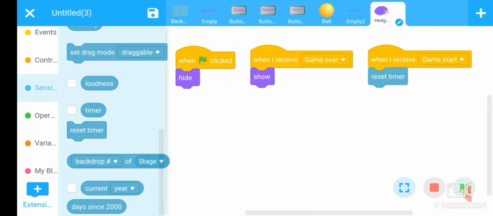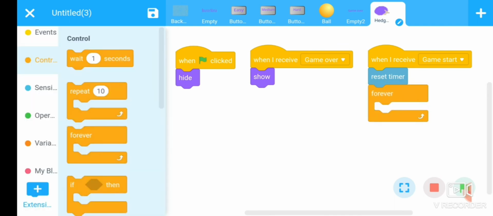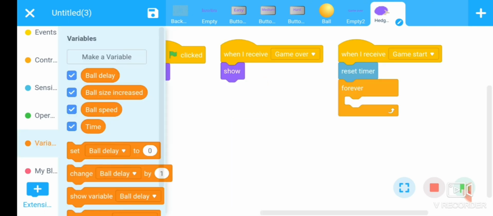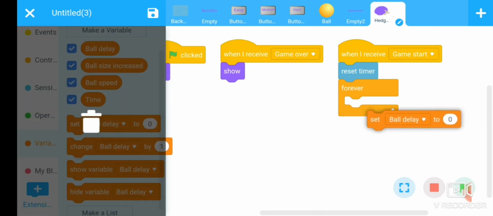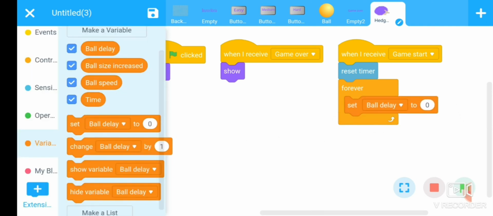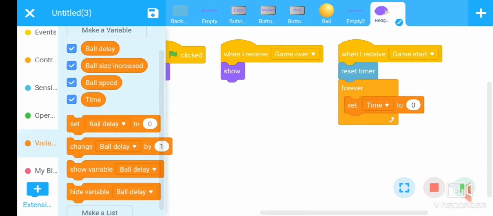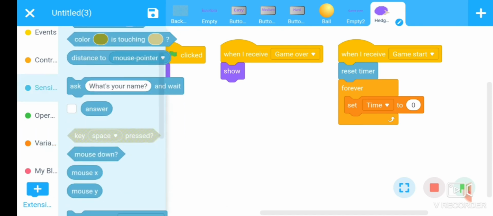Now use a forever loop. Set the timer variable value to timer.